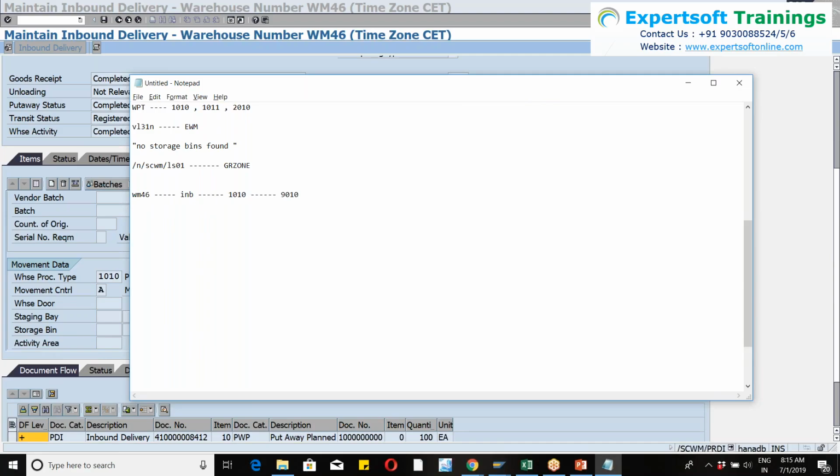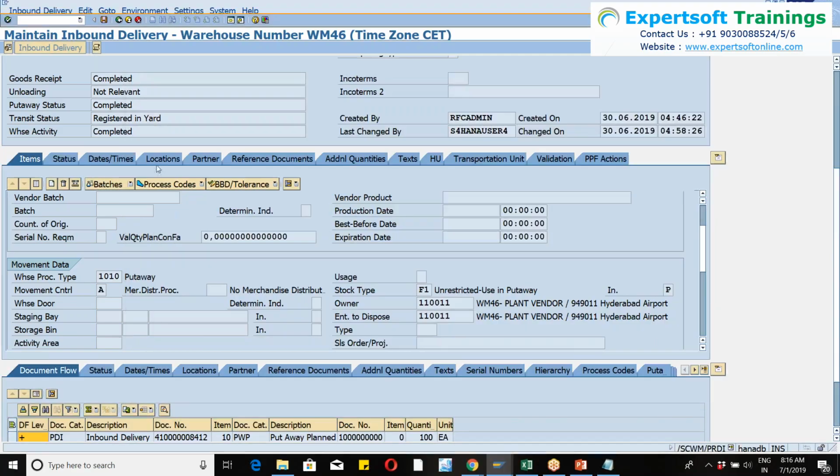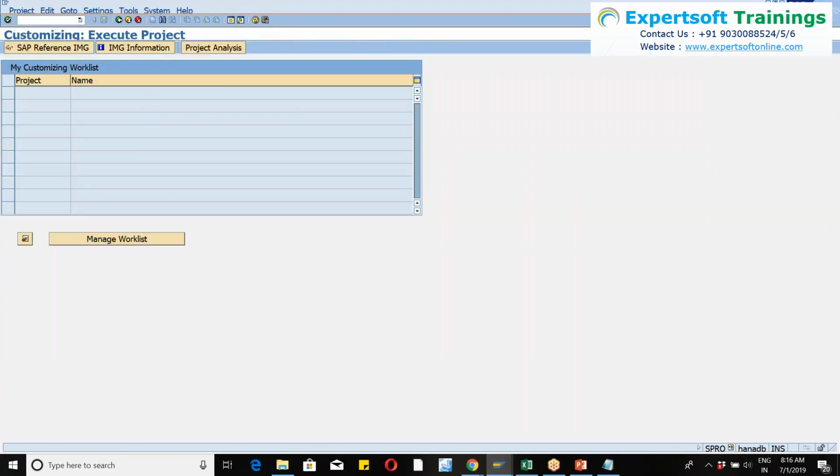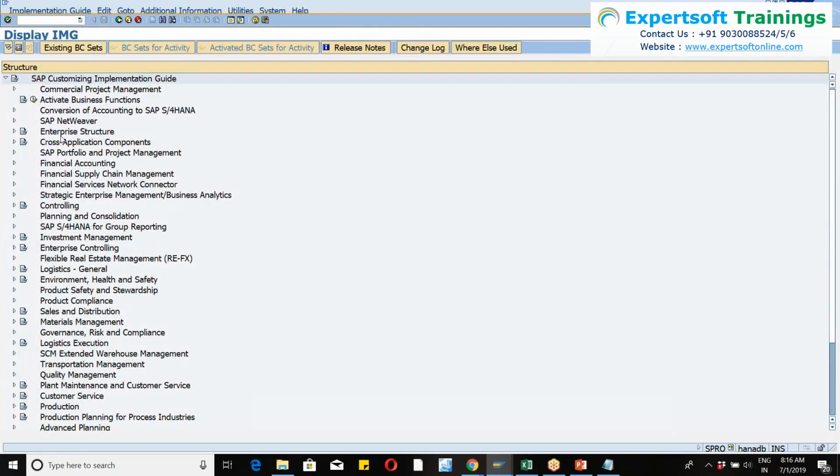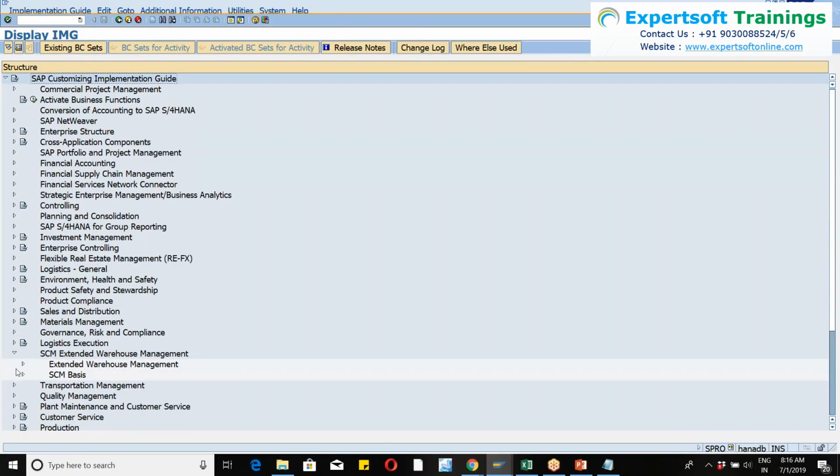However, what is happening is that my warehouse has a configuration in such a way that WM46, if my document type is INB, then the system should automatically trigger the warehouse process type 1010. That's the reason. In this 1010, the system has hard coded my particular storage type of 9010 as well as the bin of the GR zone. So if you go back and see this here,